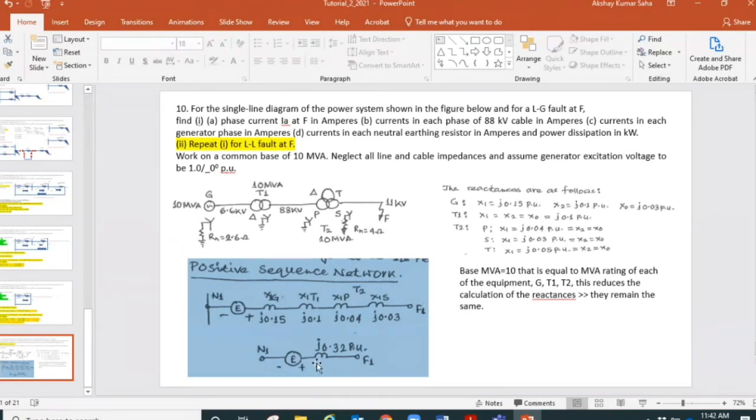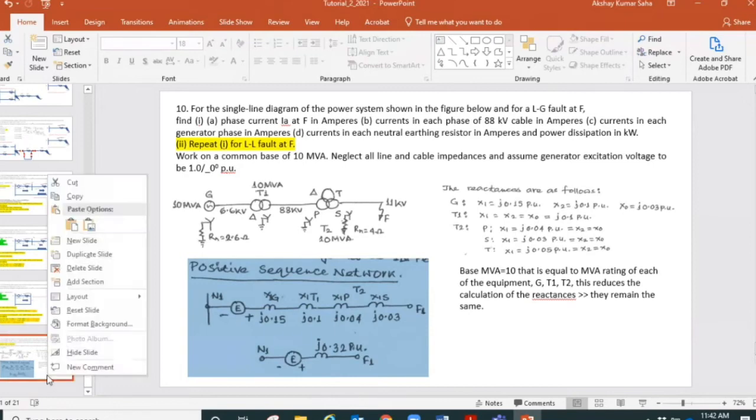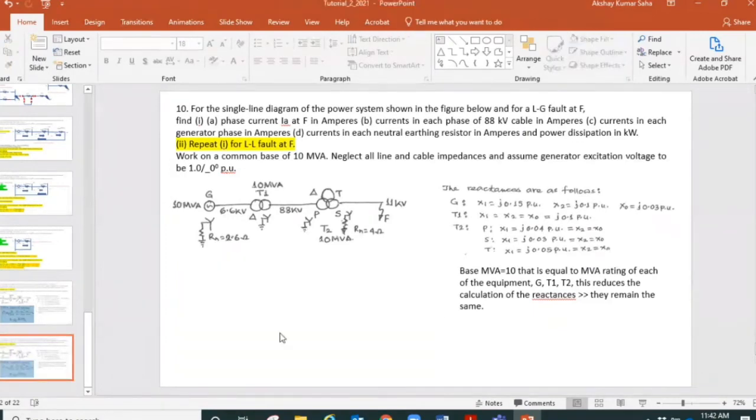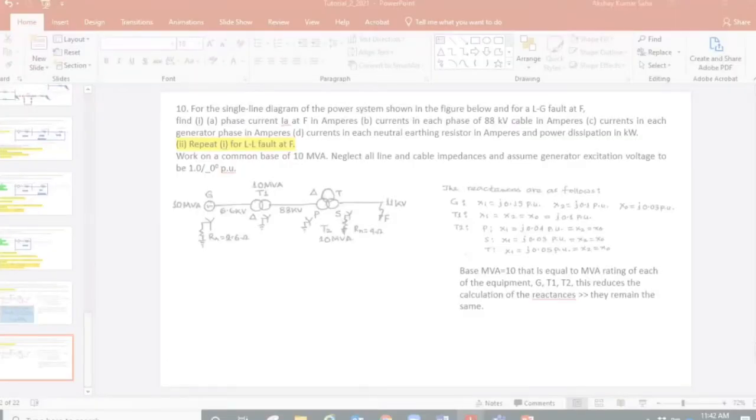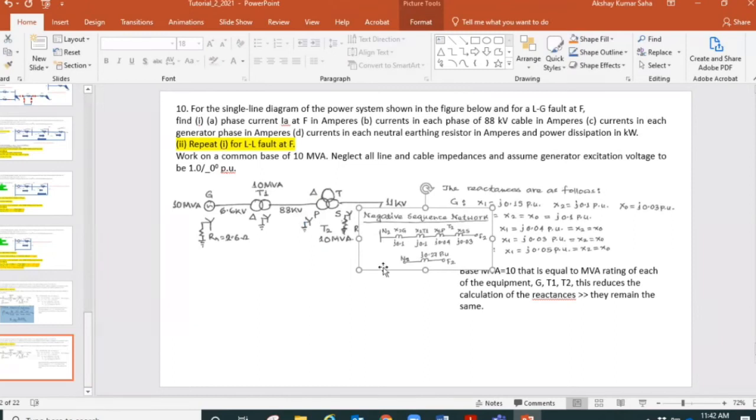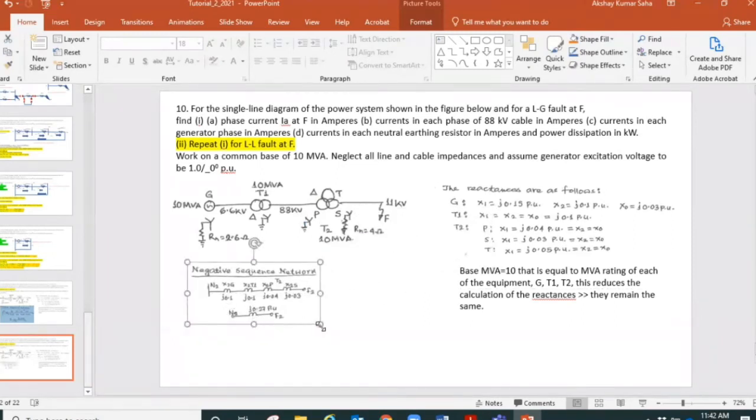And then we reduce it. Okay. Is that clear? Yes, sir. Thank you. So let me go now to the negative sequence. Let me copy and paste it here. For the negative sequence one,